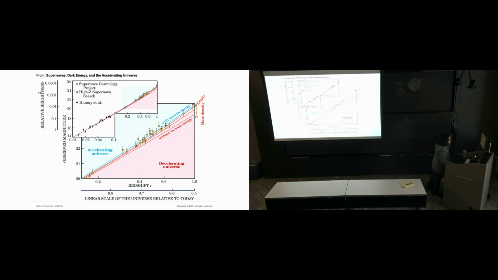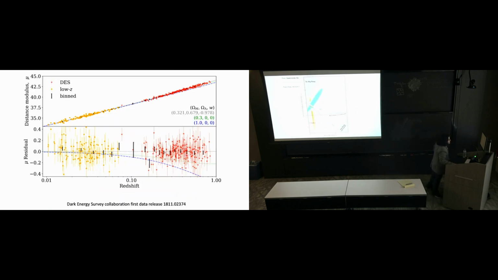Now we have, it's a bit hard to see in this, now we have even better data. This is from the Dark Energy Survey, something a lot of Chicago astronomers worked on. Now we can see even better that all of these supernovae, these red dots that we see, really do prefer this gray line where we have some additional component of energy, some dark energy, over this blue line where we don't have any dark energy today.